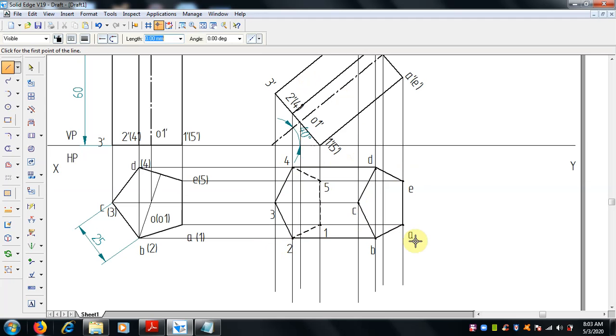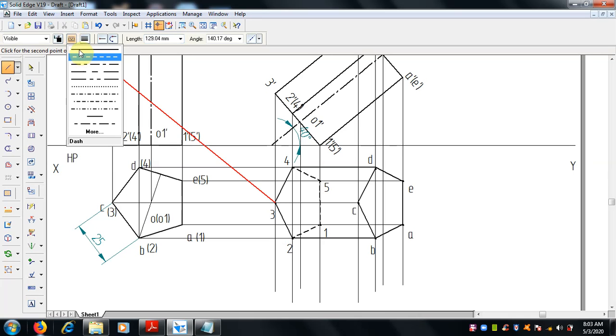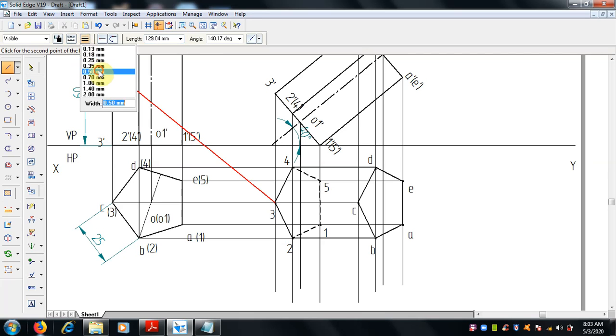Now we have to join the long sides from the corners, as you see. If both are visible, then the side is also visible. So 4 to D, 2 to B is darkened, that is 0.5 mm thickness. Like this 3 to 4 we have to make with 0.5 mm thickness, 3C. So join this, right?